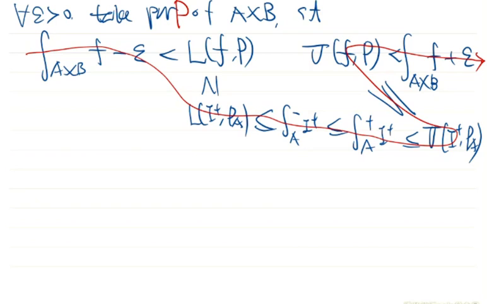Okay, this is our step by step. But these two numbers are the same, because we already know that I plus is integrable. So these two numbers are the same. These two numbers are equal to the integral of I plus. Okay, so what does this mean? This means that